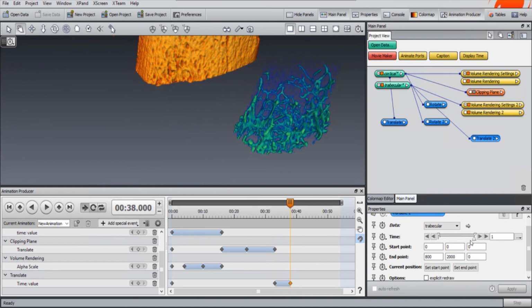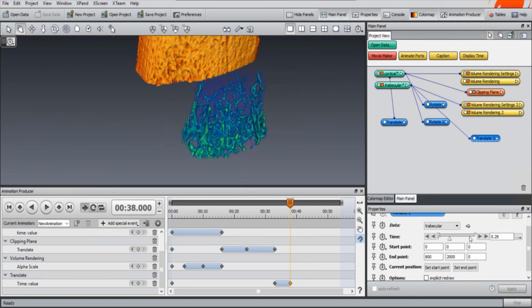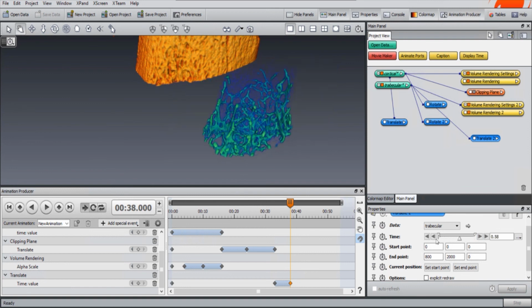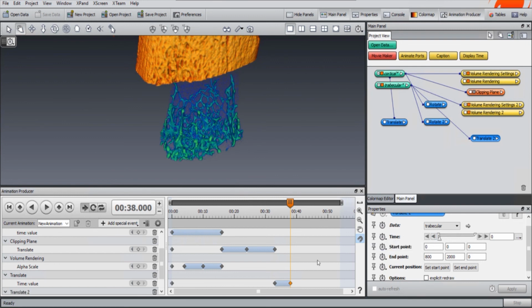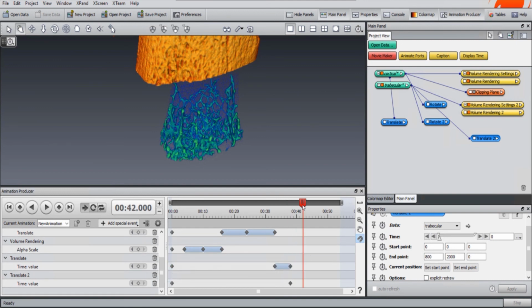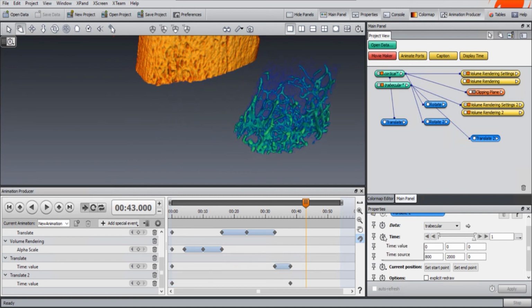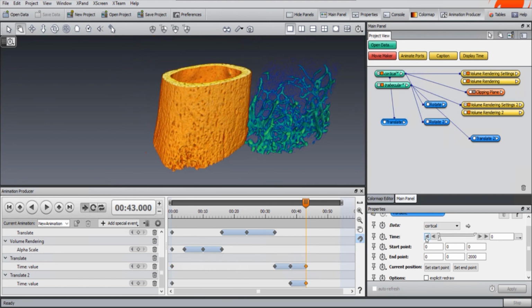Okay, this is not going to be perfect because I don't want to waste too much time here. So from this point I will add another value. Oops, it's here. It is here. Okay, and then it moves to the side. Here, and then I add another time value, and I want this one to go back into place. So from this point I will add the same position, so there is nothing happening in between here, but I want it to go back here,